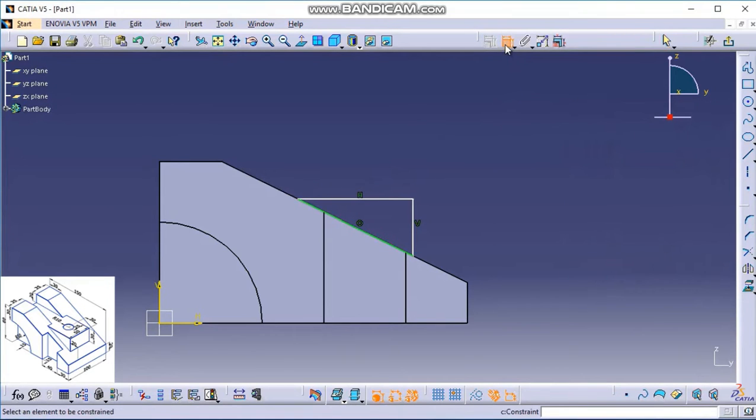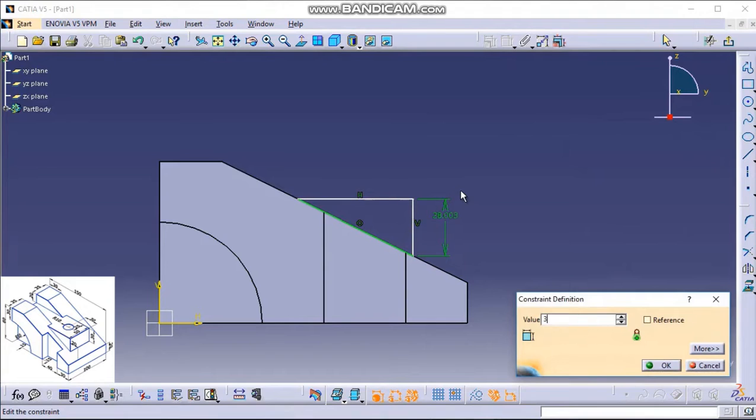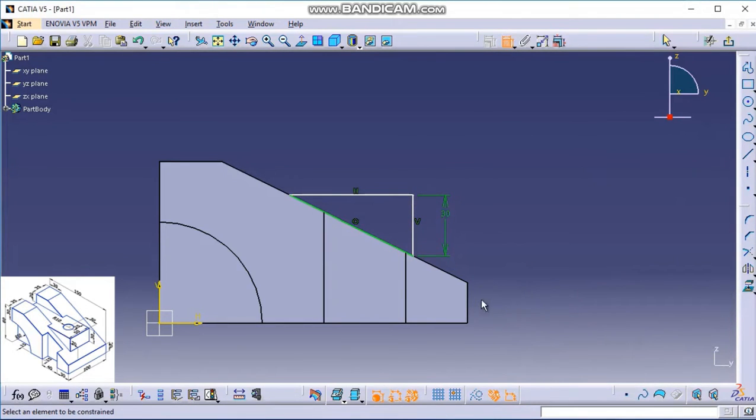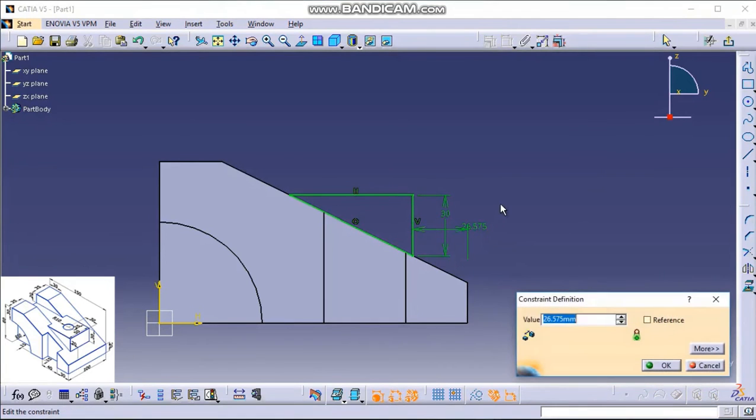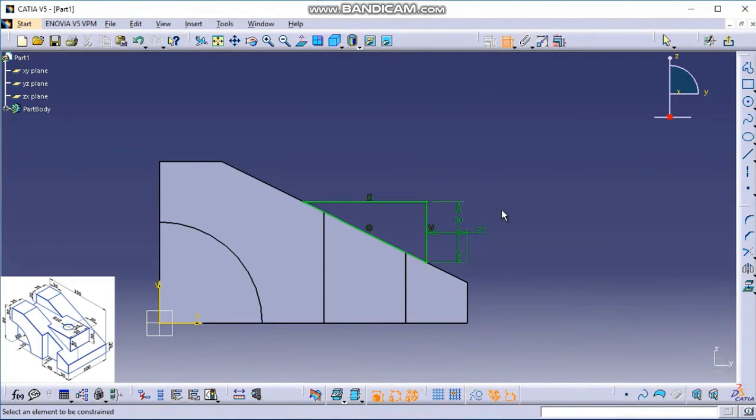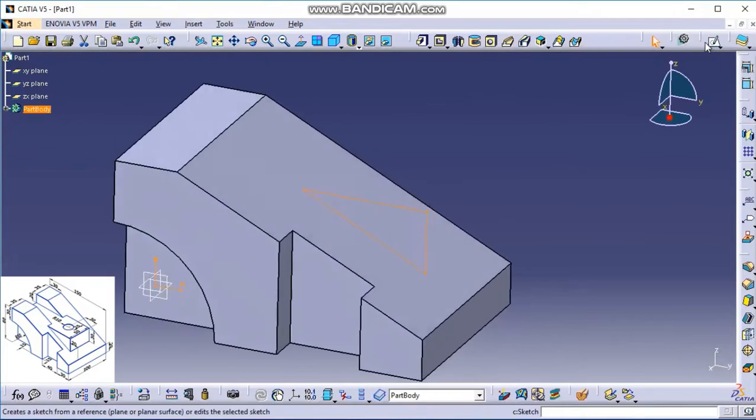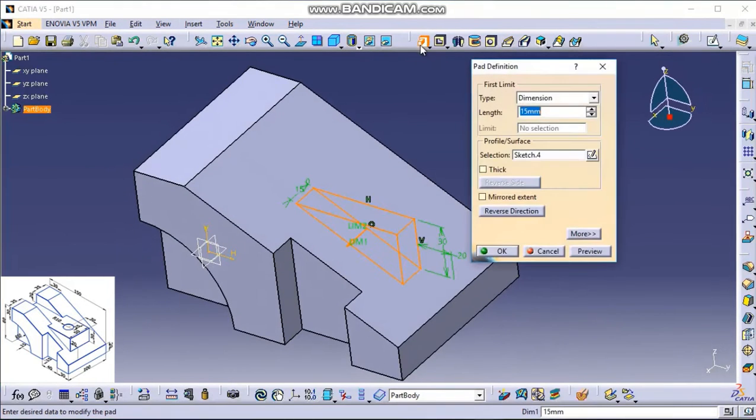Now double click on dimensioning. This length is 30. Dimension from this edge to this line is 20. The sketch is constrained. Now exit workbench. Use pad. We'll use mirror extend and give a value of 50 divided by 2. Click on preview and then click on OK.